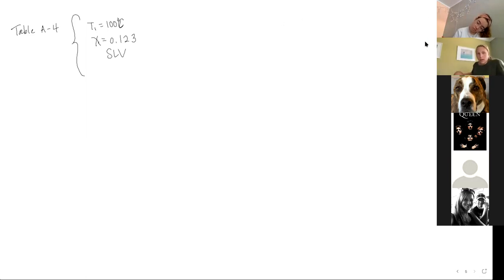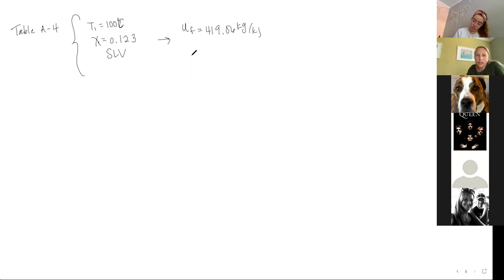You can look this up and we have some things that we can find here. So the first being our internal energy of our saturated liquid would be 419.06